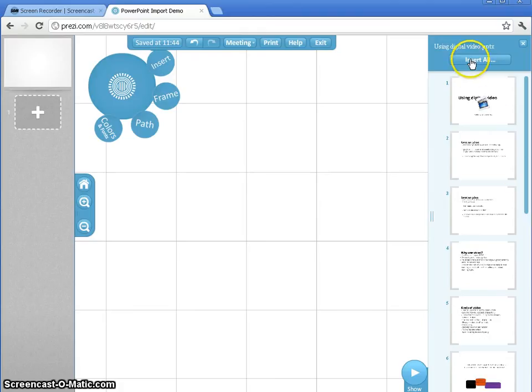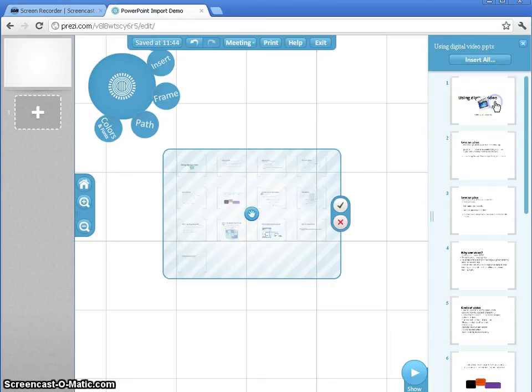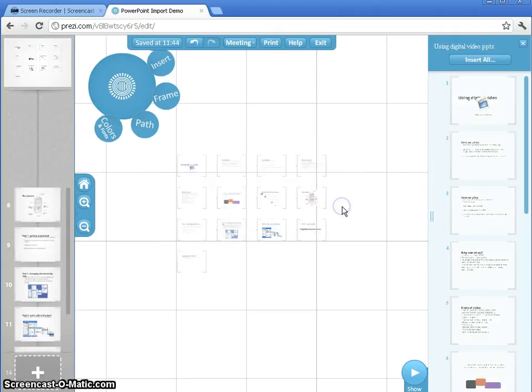So at this point I'm going to click Insert All, because I want to insert all the slides into the presentation. You can actually click them and manually drag them across if you want to do that, but for the purposes of this I'm going to choose the Insert All option, and I'm going to leave the option Add a Path Between Your Slides selected. Click to Insert All and it's added them to the canvas over here. Confirm,